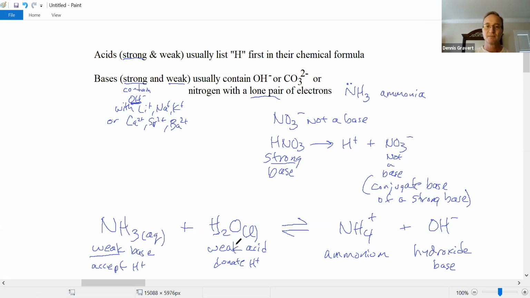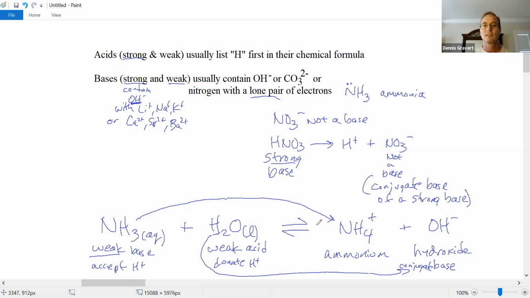And if you wanted to, you could say, hey, water, what's your conjugate base? It's hydroxide ion. Hey, ammonia, what's your conjugate? Well, ammonia is a base. So this molecule must be the conjugate acid, right? The conjugate's the opposite. So NH3 is a base, so its conjugate must be the acid. Well, now this reaction is reversible. So let's